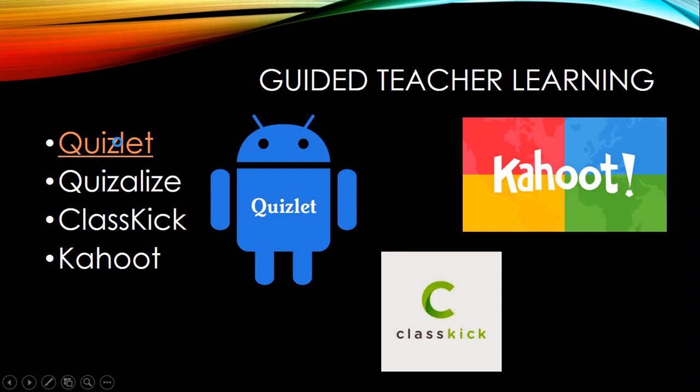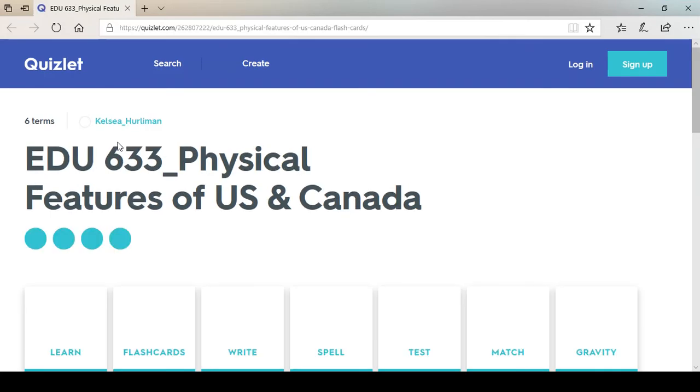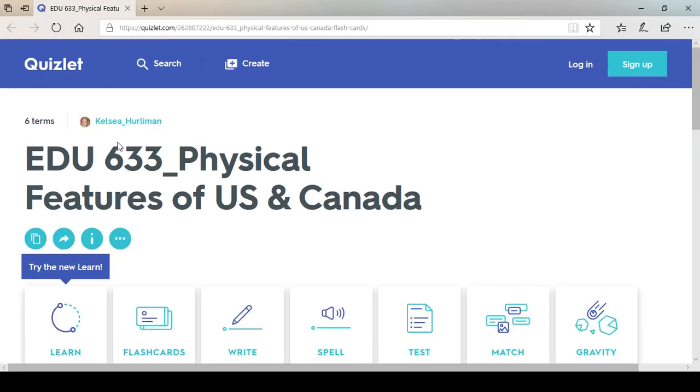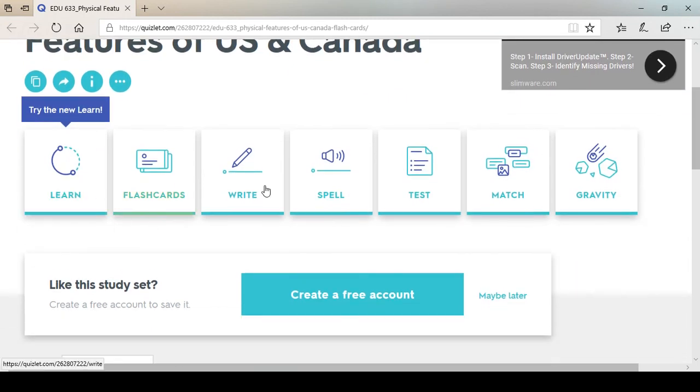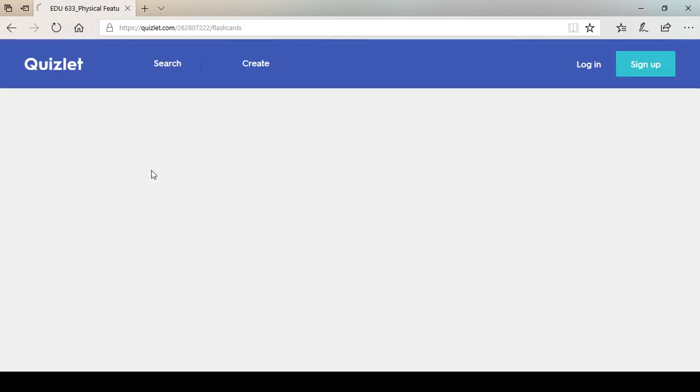So let's go into this Quizlet. I made a little Quizlet from my history class, and let's get it going. Specifically, the topic is physical features of the US and Canada. If you scroll down here, it provides many different ways that students can practice and learn for this specific topic. So if we click on flashcards here,